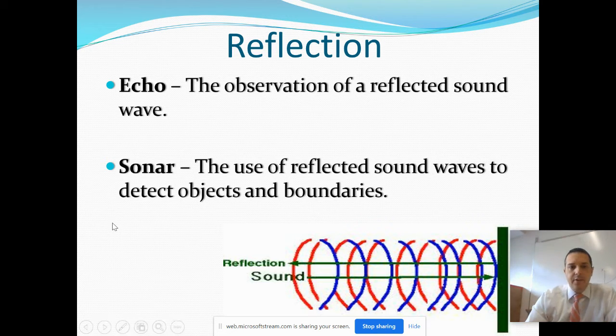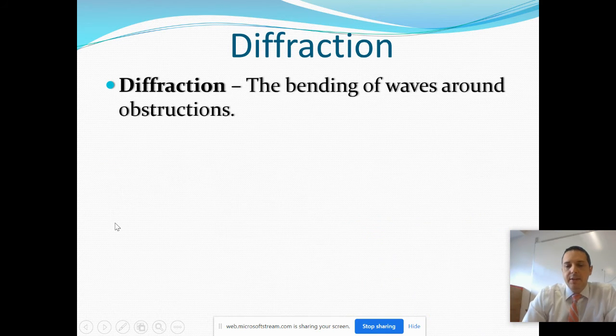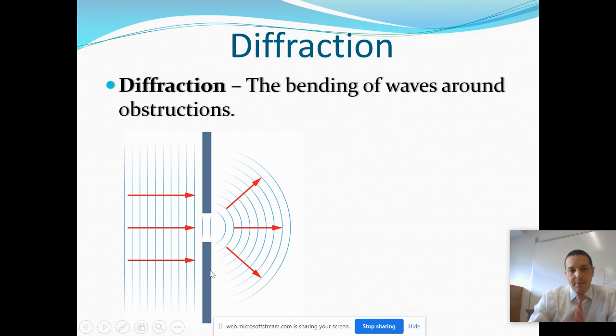Let's talk about another wave phenomenon. This wave phenomenon I want to talk to you about is called diffraction. This is something that's very specific to waves, and diffraction is when a wave reaches some boundary or some obstruction that has a hole in it or is discontinuous. What will happen is the wave and the energy of the wave will bend around the obstruction. And here you can see an example of that. On the left of your page, each vertical line would be a wave crest or a wave front, and they're approaching this wall, but the wall has an opening in it.